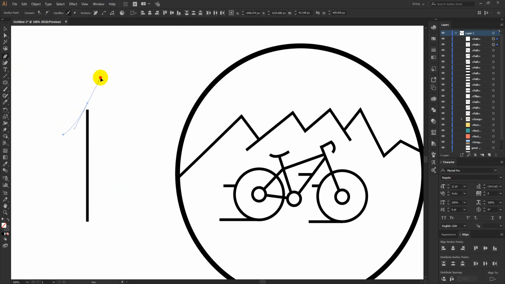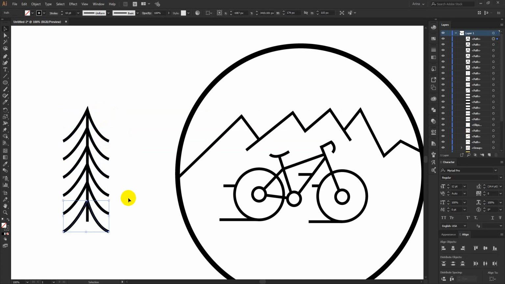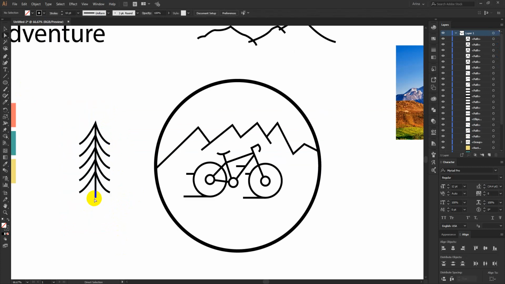You don't need to find vectors, you can just create your own. Okay, I think this is okay. Okay, this is my tree. Okay, for this one here I am going to make the log a bit longer.